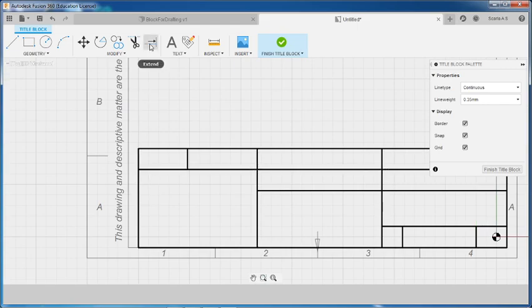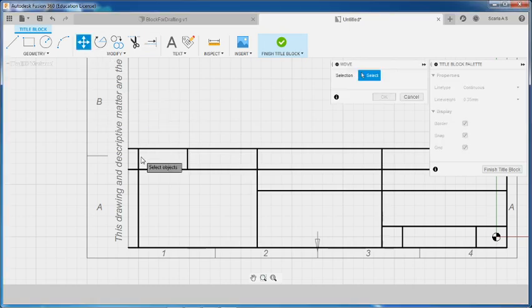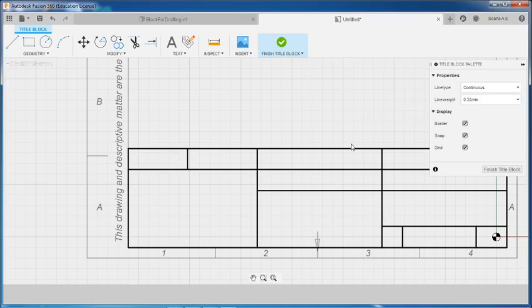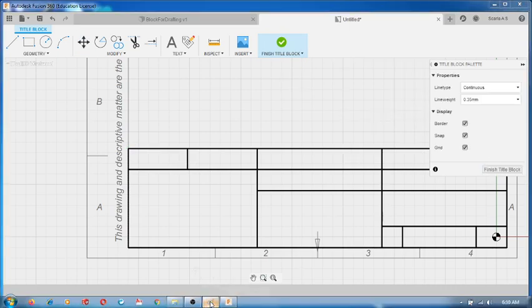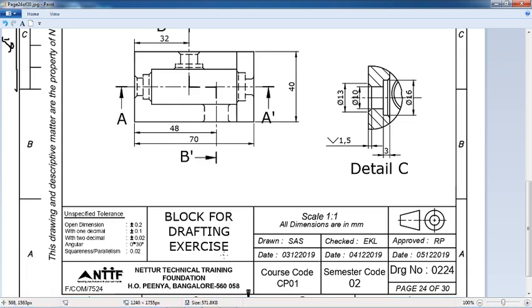So let us extend this, extend. Then move this, move. Now we want to check